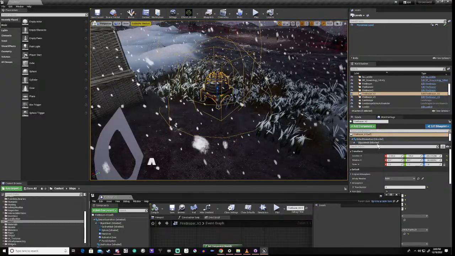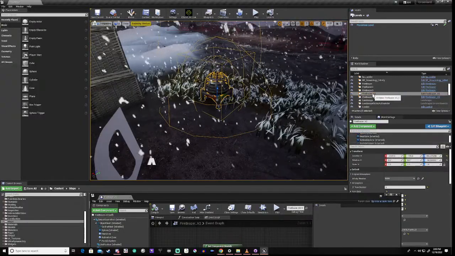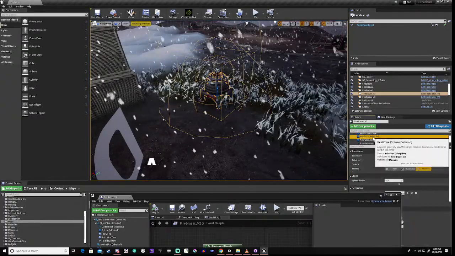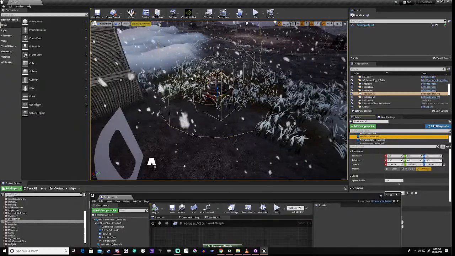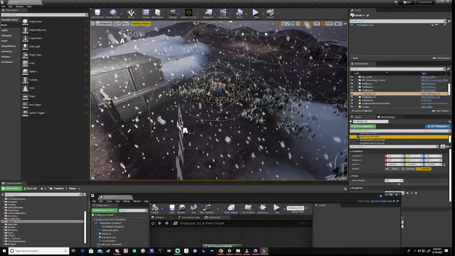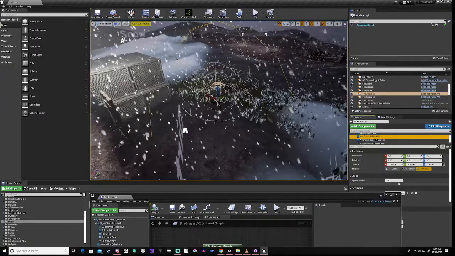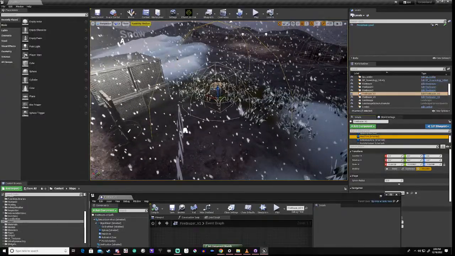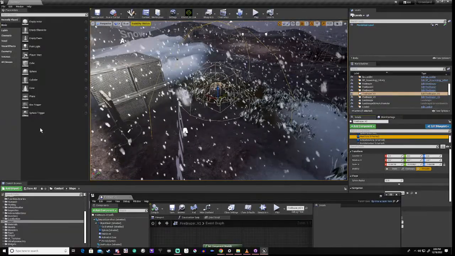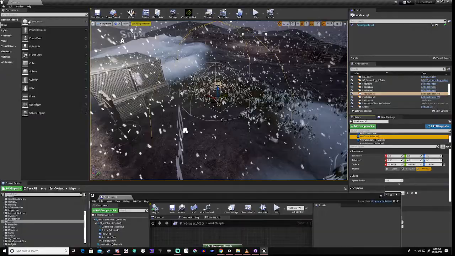So what I want to do is click on the heat zone, and you can see that that is the much bigger thing. So what I'm going to do is